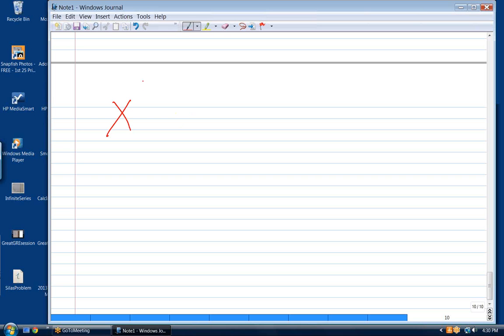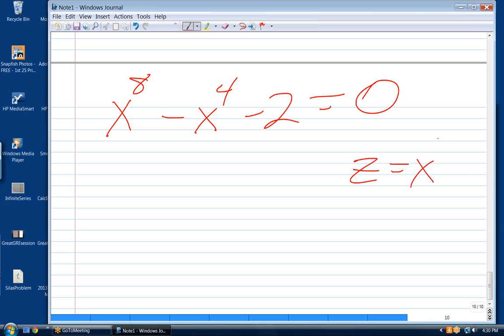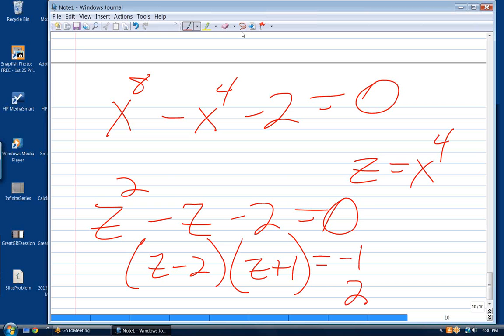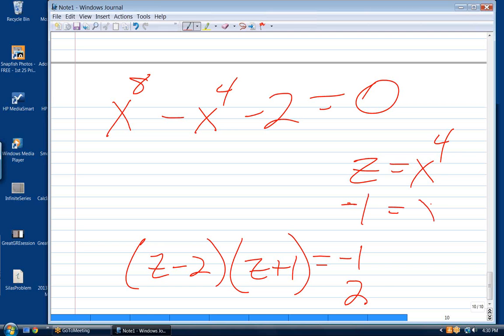Yeah, in other words, if I had this, then I would let z equal x to the 4th, turning this into z squared minus z minus 2 equals 0, which factors nicely. Then it gives you solutions of z minus 2 times z plus 1. So my solutions are minus 1 and 2. And notice that does make it a little more difficult to solve. In other words, when I plug in minus 1 equals x to the 4th,